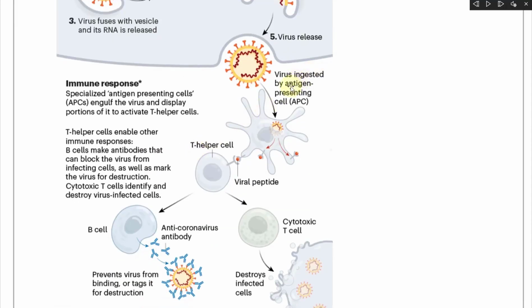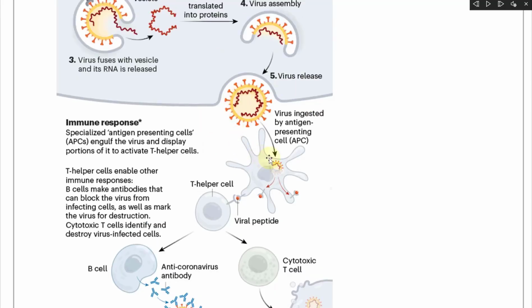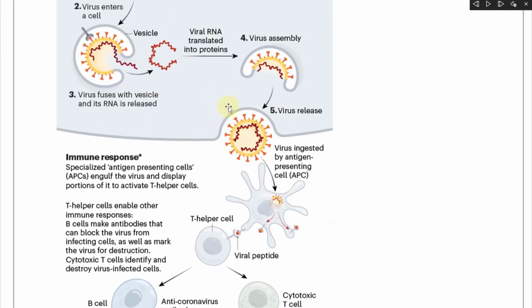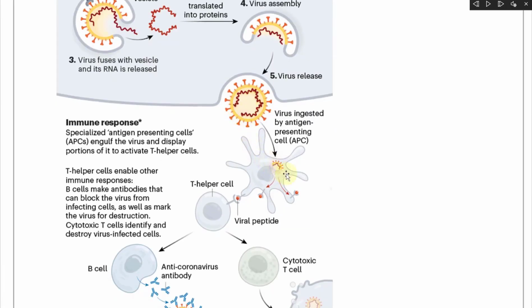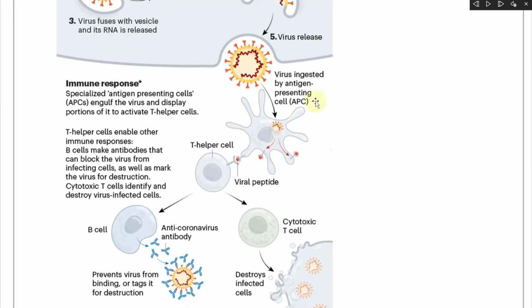So the virus is ingested by an antigen-presenting cell, APC. It grabs onto what's released because it's supposedly a foreign material, and then it has portions of it sticking out. So this displays portions of it to activate T helper cells. There's a viral peptide presenting over there, and going next, T helper cells enable